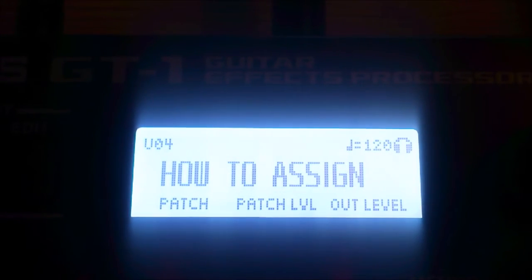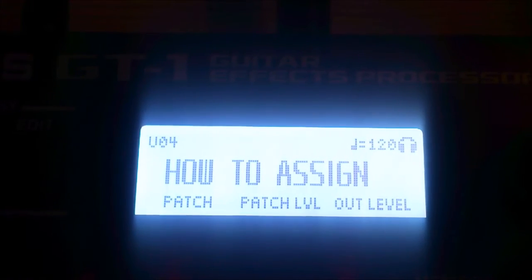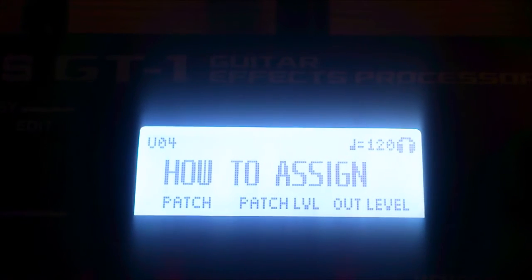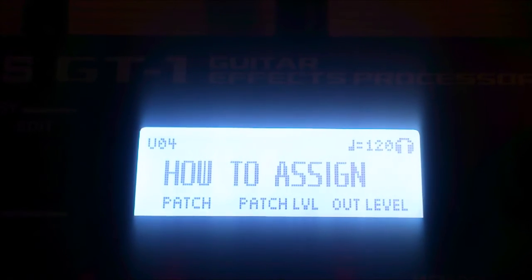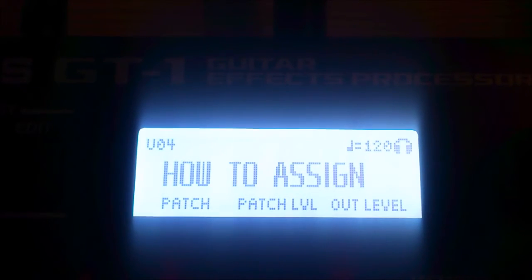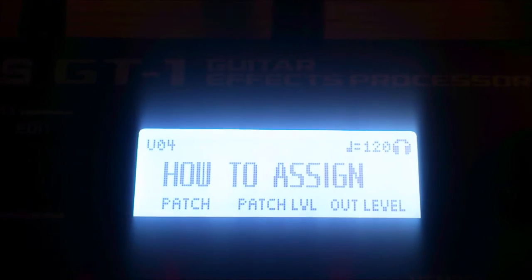Then later you want to switch that preamp to an overdriven preamp. You might also want to turn off the chorus. You could add in an overdrive stomp box, for example, and you could also add in a solo boost for when you have to play solo. So let me show you how you can do this, and it's actually really simple, and it makes a lot of sense because